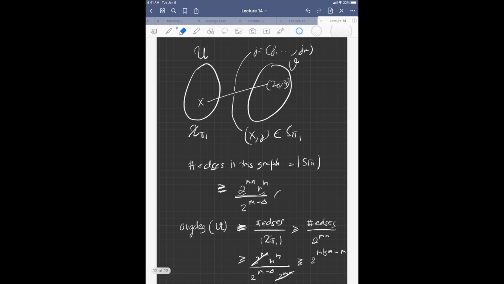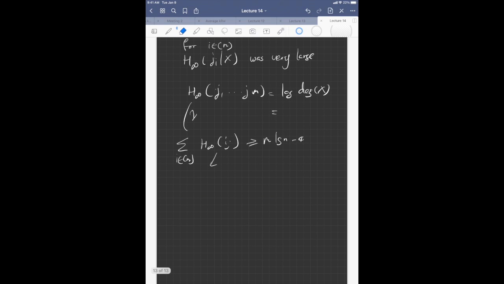So the average degree of a matrix on the U side was 2 to the m log n minus m, right? So this was log of 2 to the m log n minus m. So instead of getting this minus 4, we'd get minus m. And now m could be much larger than log n, right? So if that is the case, we have no guarantee that all of the